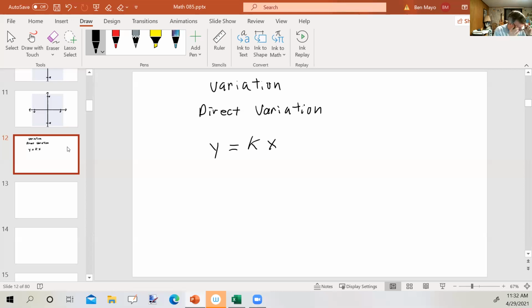All right, let's take a look at an example of a problem. This says free fall. An object in free fall, that is, it's just falling from space, travels a distance s that varies directly to the square of the time t. If an object falls 1,024 feet in 8 seconds, how far will it fall in 10 seconds? All right, so first of all, let me read this again. It says an object in free fall travels a distance s. So s equals distance,